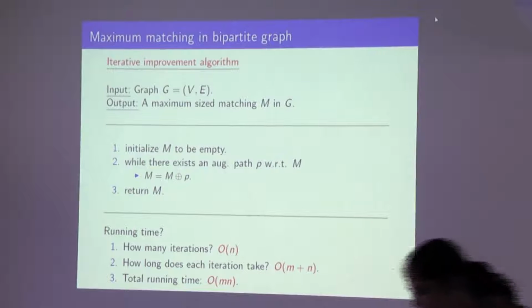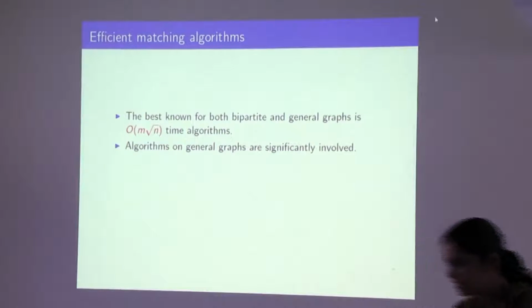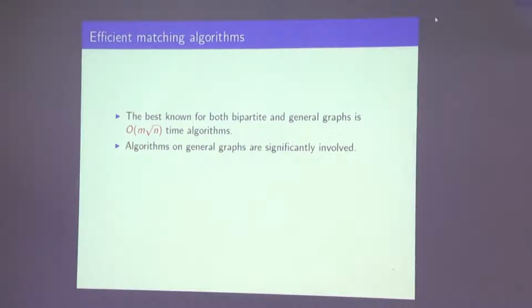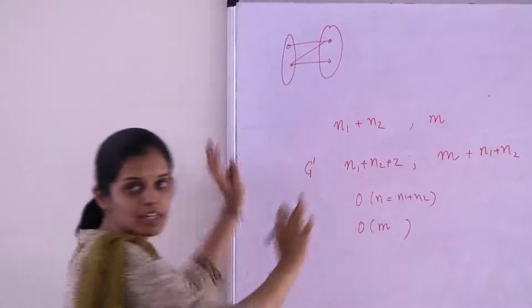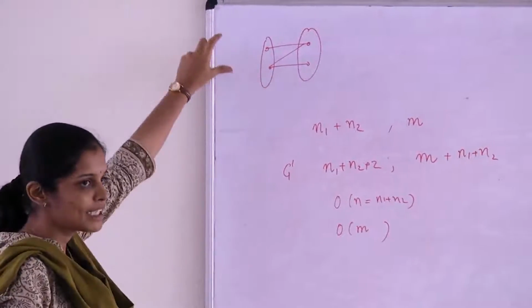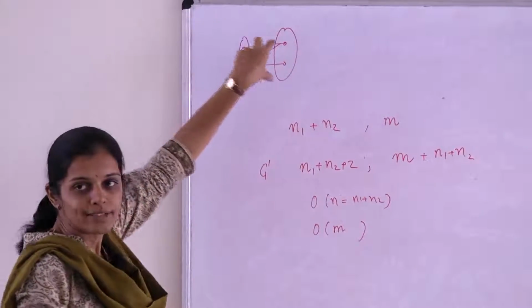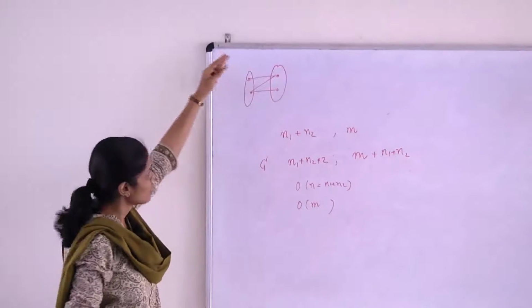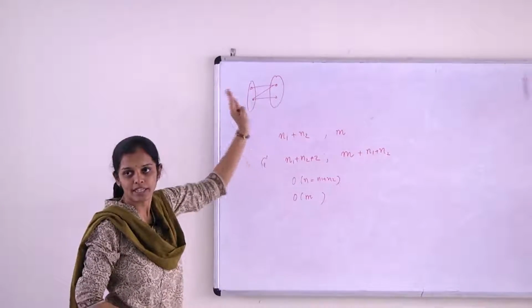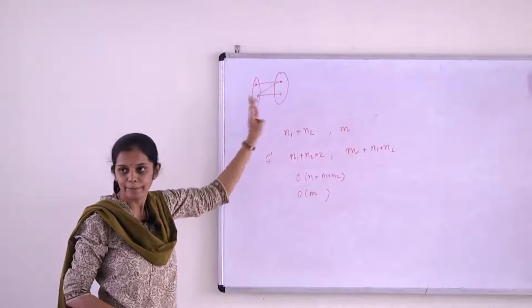So, this is not the best possible, and this comes from your observation which says that, when you had this graph in which you wanted to find a maximum matching, the best thing would be to actually augment along both these paths. If you were able to do this, so you are already spending your time looking at the whole graph, you have spent order m plus n time.